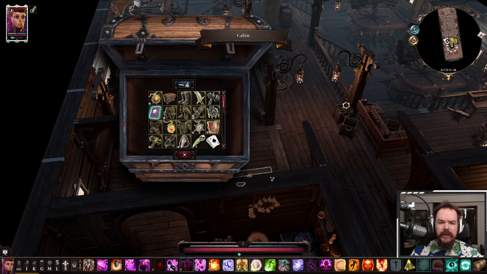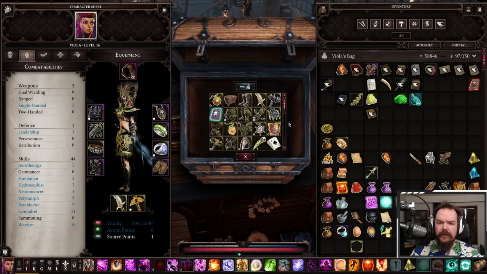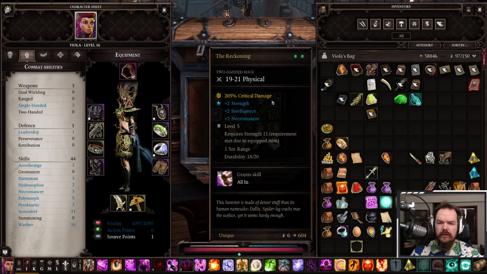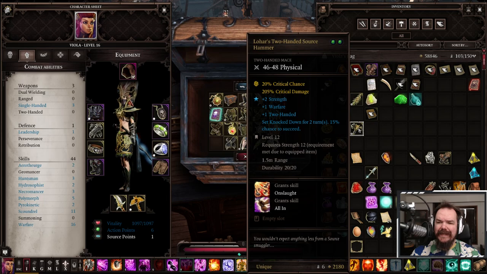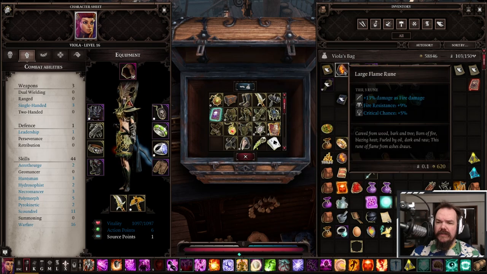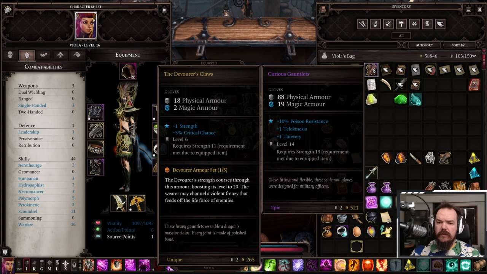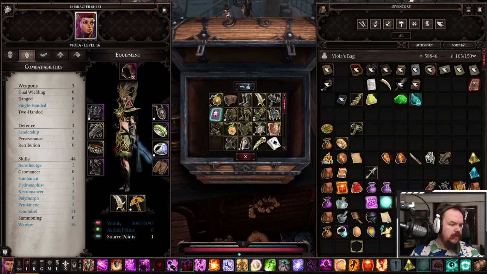So that would be not the Reckoning, but this one, because of that 20% critical chance. So let's take that. And another thing I want to look into is actually the runes. And sell that. Actually take my